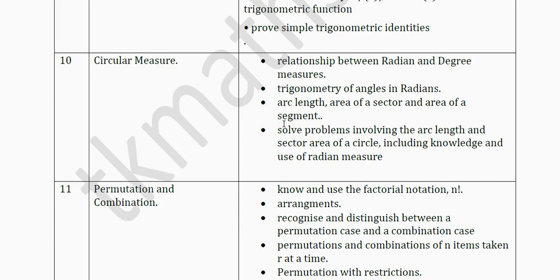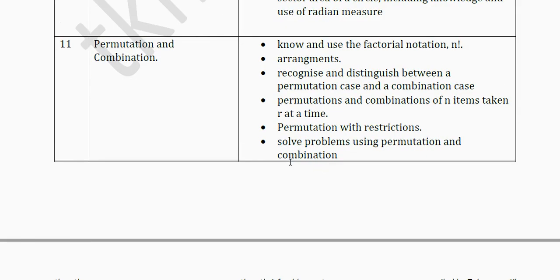And in circular measure, with respect to arc length and area of a circle, another very important thing is that you need to know all the properties of the different polygons like rhombus, different quadrilaterals, and triangles, because those are included in it. Those basic concepts you need to understand when you are applying here. The double dot is by mistake. If I have made any spelling mistake, please forgive me. I tried to recheck, but to err is human. I can make mistakes as well.